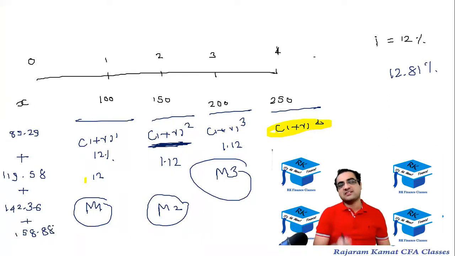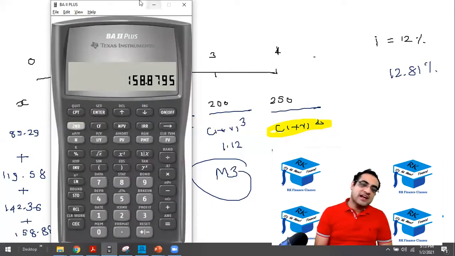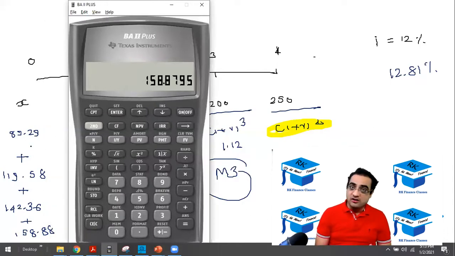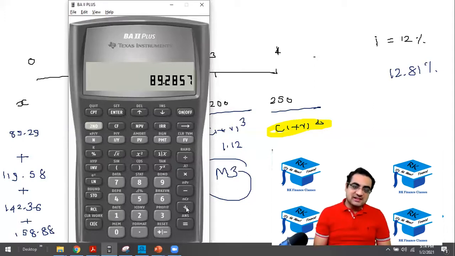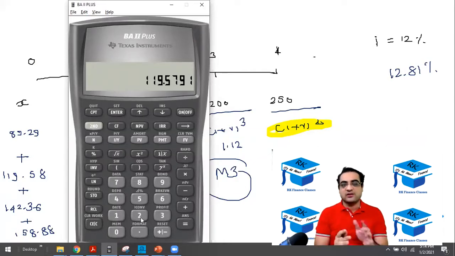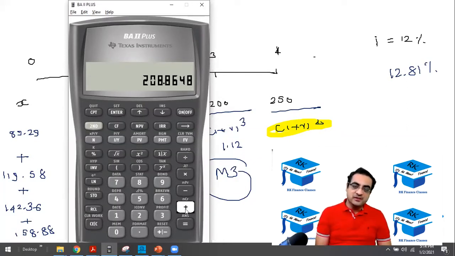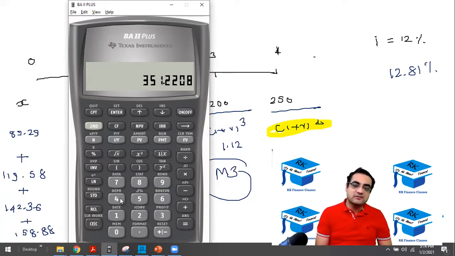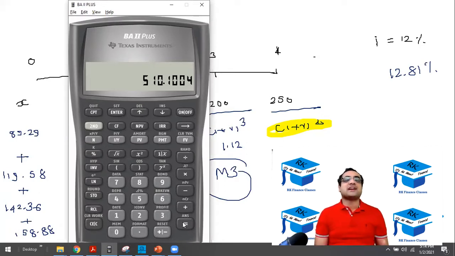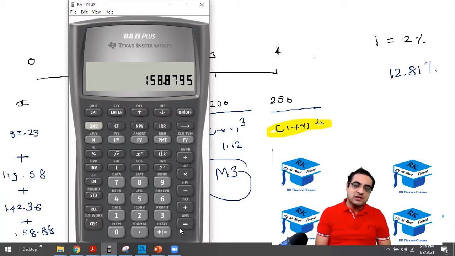Okay, we got the 4 answers, just add them up. Either you can type them because you have already noted them down, or if you want to use the calculator memories, press RCL1, that will recall the memory. Look at it, 89.29 plus RCL2, that will recall the second one, 119.58, plus RCL3, that's 142.36, and plus RCL4. If you hadn't stored them, you would have to type 89.29, 119.5, so it takes time. So it's better to use RCL1 plus RCL2 plus RCL3 plus RCL4 equal to.